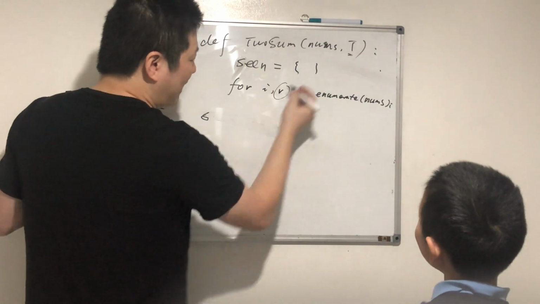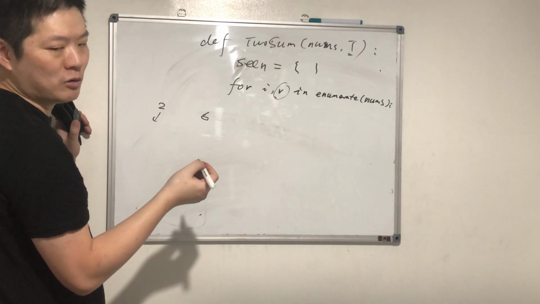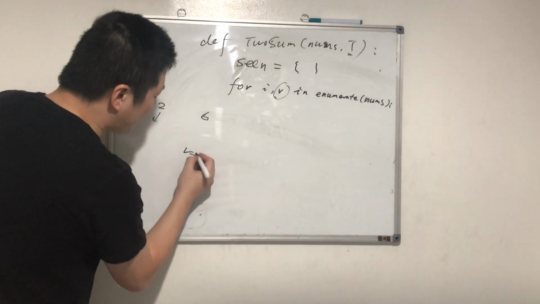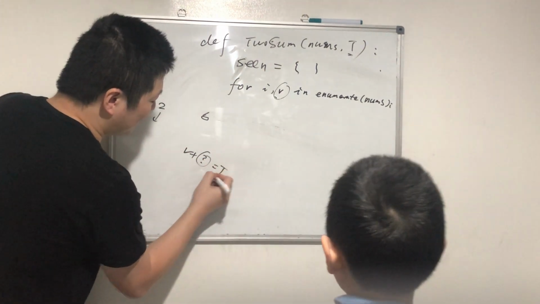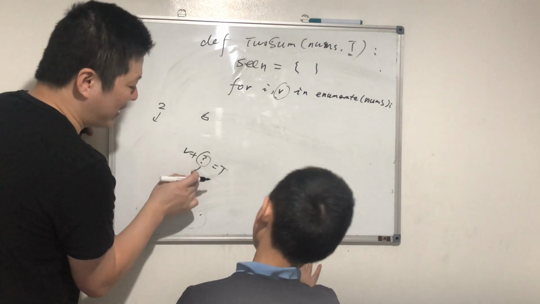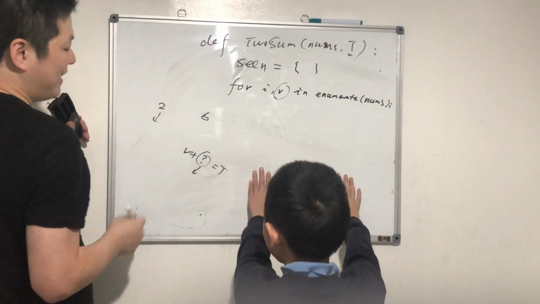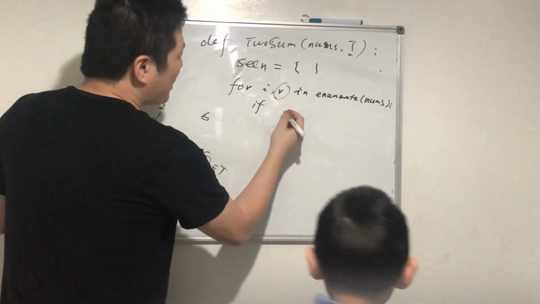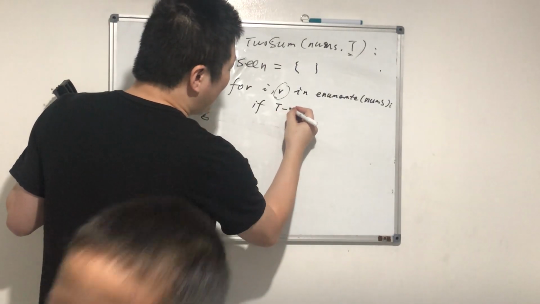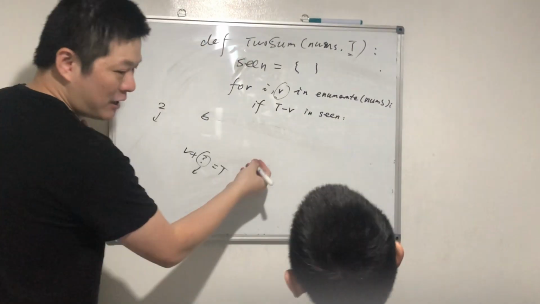One is v, one is i. No, come on. One is v. v plus something equals t. So what's this something? We are looking for two numbers adding to t. We now have v. What's this? It's t minus v. Yeah, well done. So look, if t minus v is in seen, in the notebook,